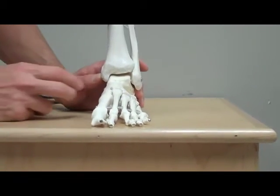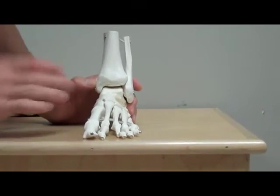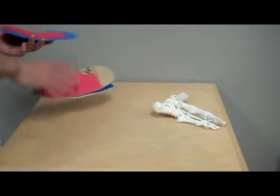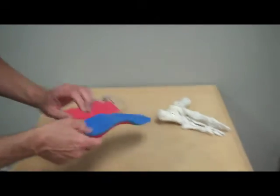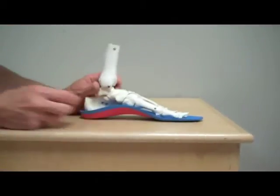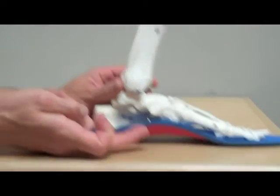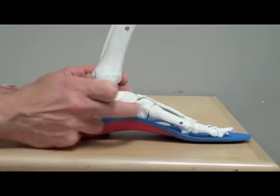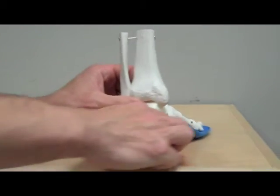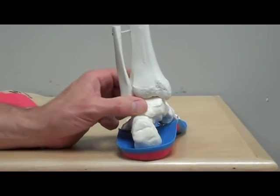Okay, so that's the mechanics of how we would treat it. So if you look at the orthotics that we make, let's talk about the first thing we talked about. You've got the foot on the orthotic. We're trying to hug that orthotic up to the mid part of the foot to the navicular, so the navicular bone doesn't drop. With this one, we actually did angle it about 5 degrees in the back